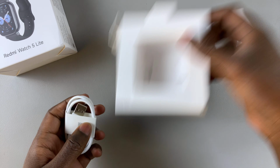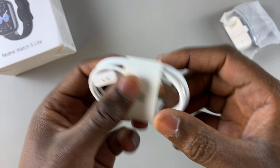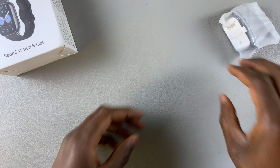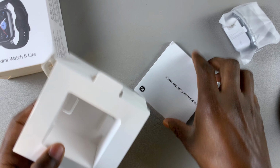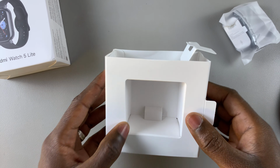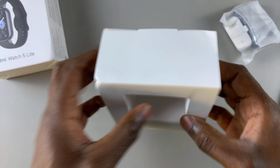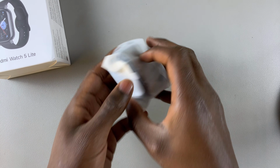As usual, we have the charger. It's magnetic to normal USB, as usual. Have our paperwork. Put that on the side. And doesn't seem to be anything else in the box, so we'll put this on the side and focus on our